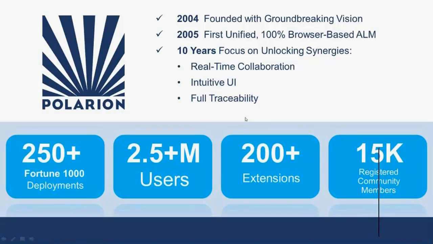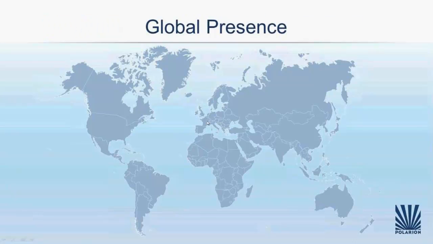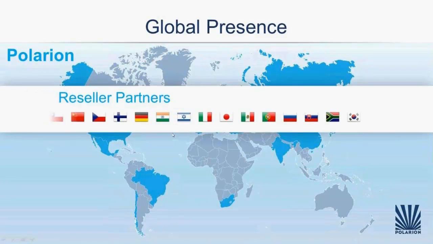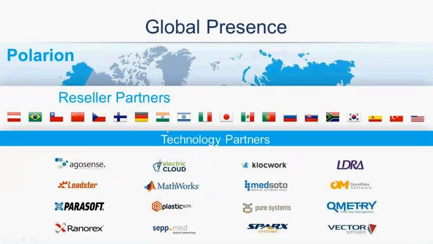Okay, that shall be enough from this part. Some words here: we are globally active. Our headquarters is in Stuttgart, Germany. Our development and support is sitting in Prague in the Czech Republic. My colleague Nancy, whom you just heard at the very beginning, is in the United States with our office there. Other regions are handled with the help of some partners of ours. So you can see here we have reseller partners in different areas of the world. If you have questions about Polarian, or if you want a demo, you can just contact us from everywhere. And on the other hand, we also have some technology partners, like you can see here with Vector Software, Spark System, ArgoSense, MassWorks, and so on.